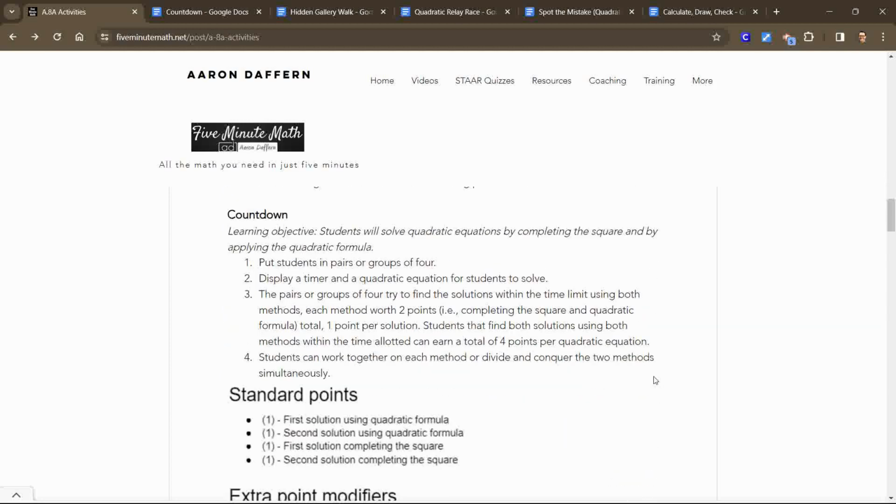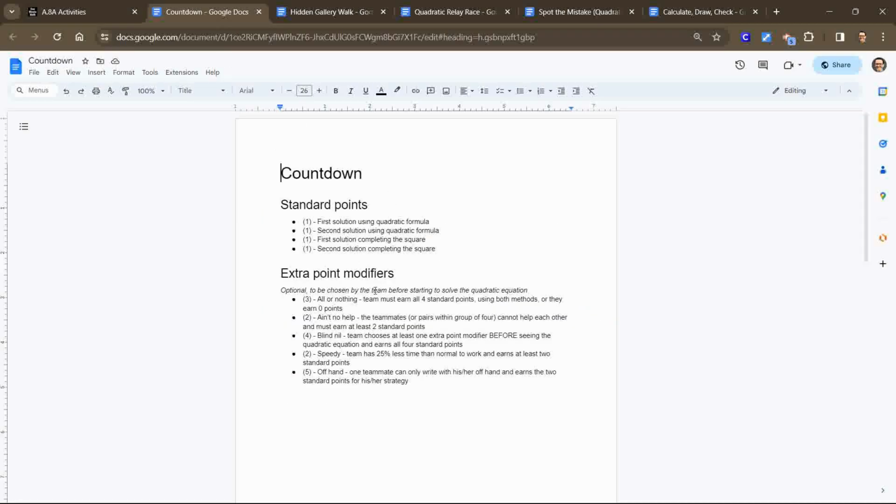The first activity that we can look at is going to be called Countdown. What you're wanting to do here is put students into pairs or groups of 4, have some type of timer on the board or on the screen, and then have a quadratic equation for the students to solve. Within the time limit, they are trying to find one, possibly both, solutions to that quadratic equation. And I've got an example here: 1 point for each solution if they use the quadratic formula,